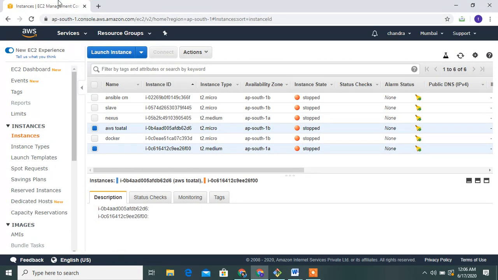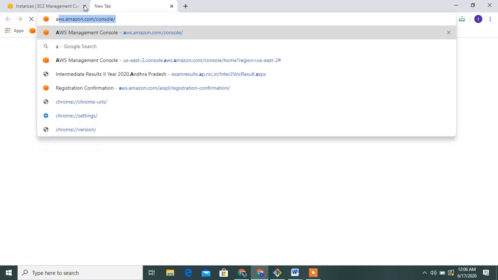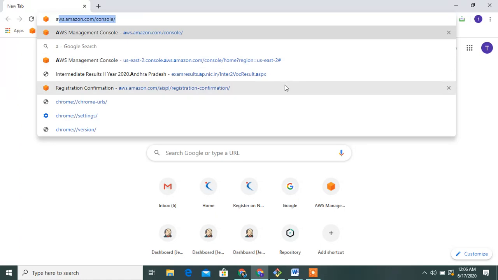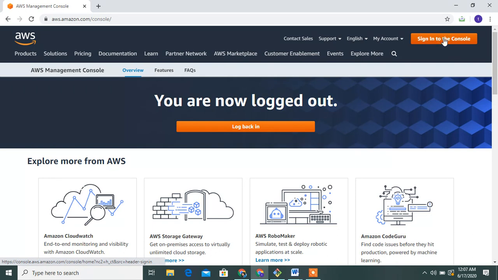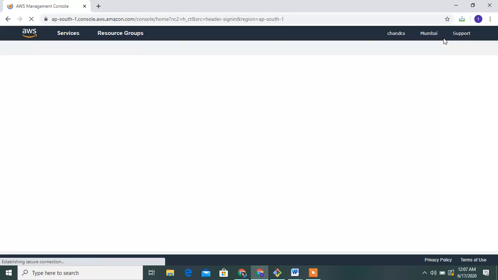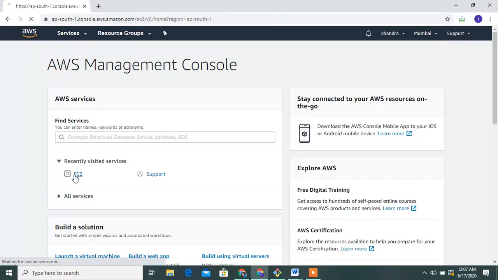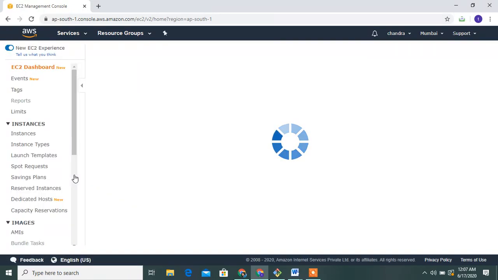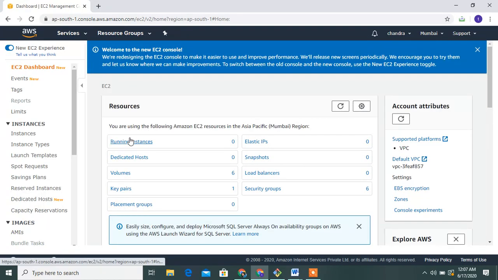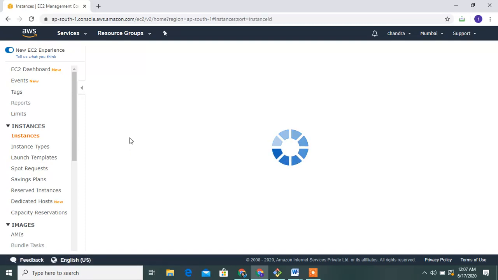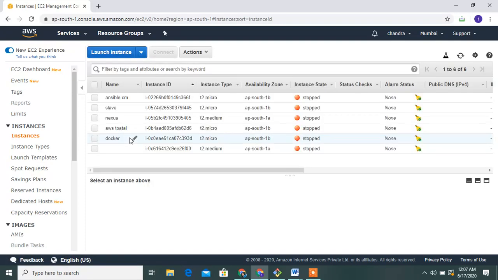Let me open my AWS account. Open the AWS console and sign in. Go to EC2, and under running instances, start the Nexus server.